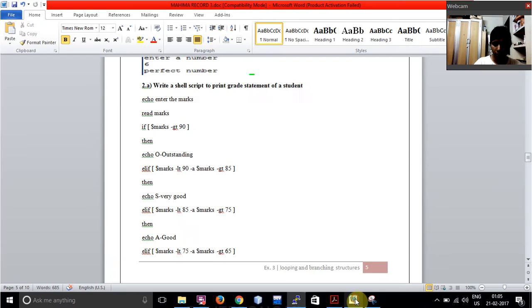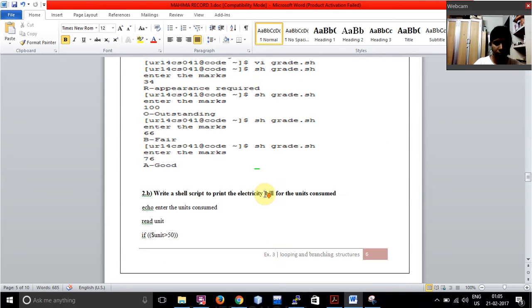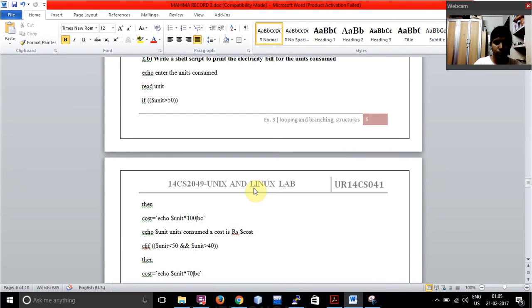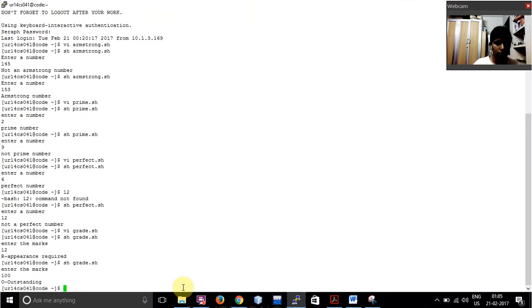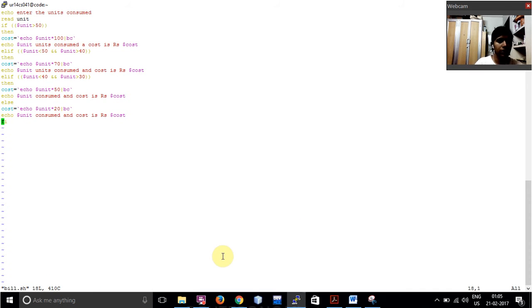Now for the next program, I'm supposed to print the electricity bill for the units consumed. So in this, I have done it based on my units consumed. As you can see over here, first of all, I have prompted the user to enter the number of units consumed. So over here, based on that,